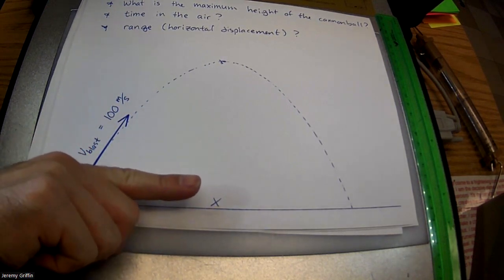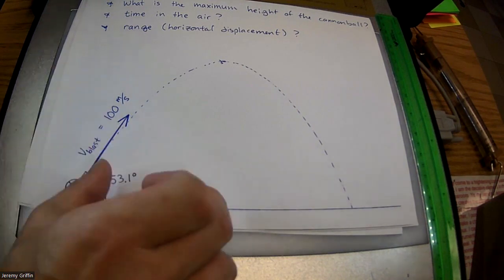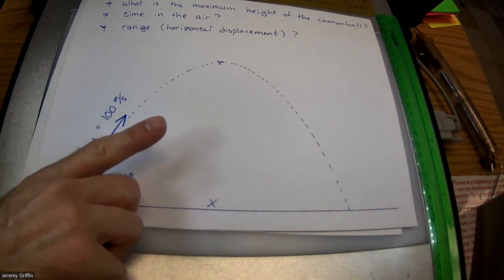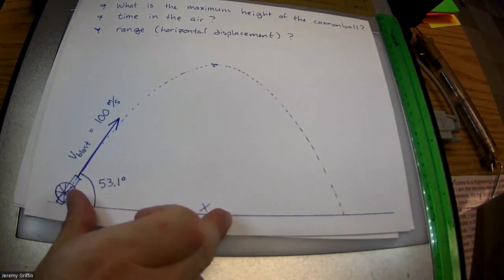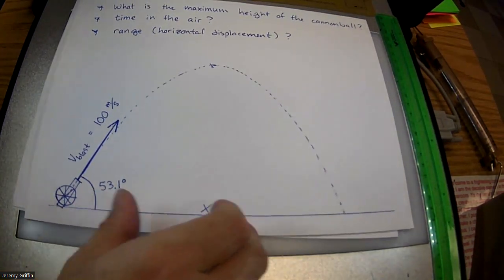Okay, so what I'm thinking is the more I angle this up, it's going to go further until some optimal angle is reached. And then if I keep going up further, it's going to start coming back, right? It's going to go up and then start coming back. And I wonder,